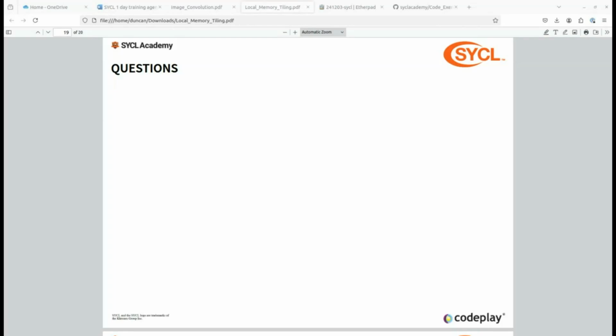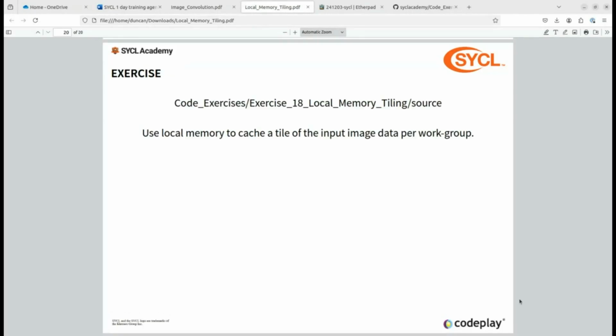Yeah, so I guess we'd originally said that we would run up until 5, which is where we are now. In terms of what we ended up looking at, the next bit would be talking about adding local memory tiling to the image convolution sample. I don't really think that we've got time for the full implementation. I can hang around for a little bit, and I'd be happy to answer any other questions that you have, or if you did give it a try and you ran into some trouble,